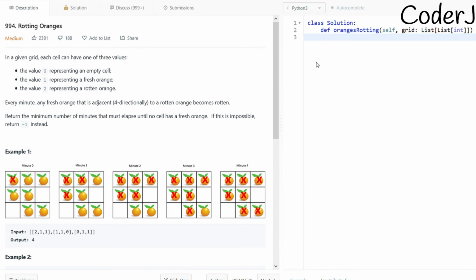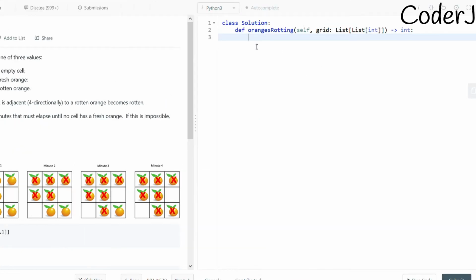Now let's try to solve this. The first thing that comes to my mind is that I can actually solve this question in only 3 steps. First, we'll categorize the oranges into either fresh state or rotten state. So let's start with the coding part directly. I'll write my steps so it becomes easier to understand. I'll categorize them into fresh and rotten state, and I'll store their coordinates so I can access them whenever I want.